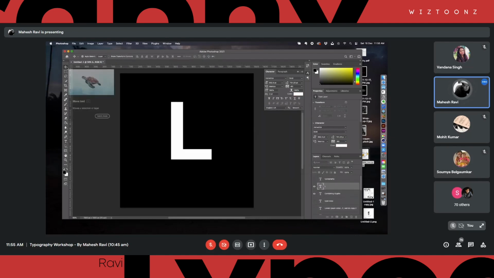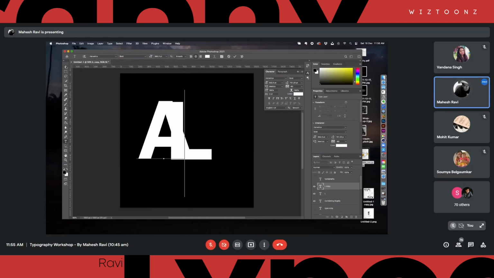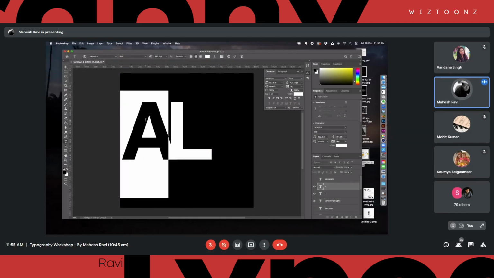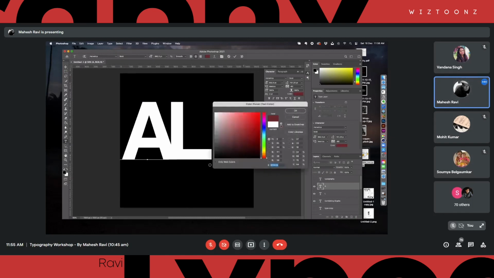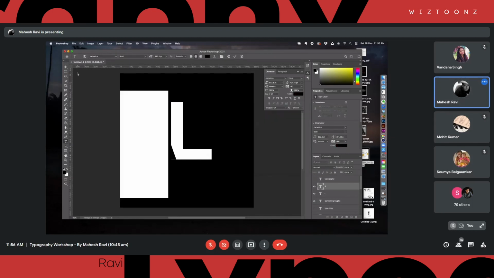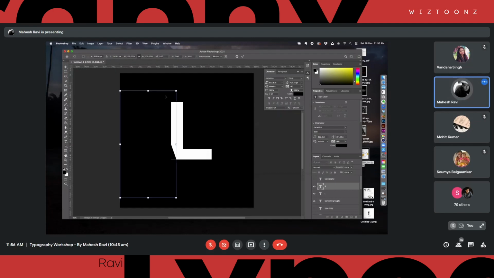For instance, I'm going to duplicate this and make it into an A. So I have an A in here, and I'm going to change the color of this to black. Very simple technique, but when you play with any words or any number of words, you can create some very interesting combinations. You can see that two typefaces are interacting here.